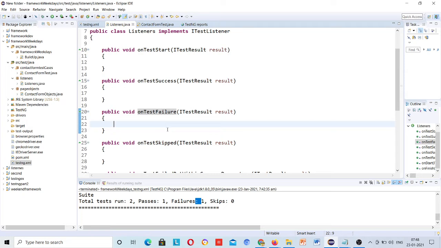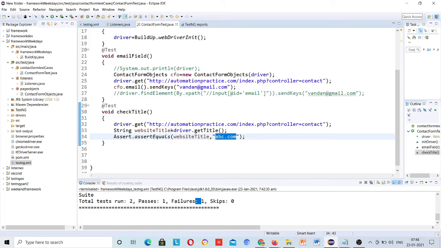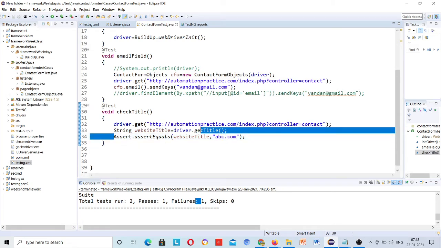Okay, so now, once your test case fails, then it will come here. So if that fails, then what your task should be is to capture the screenshot.